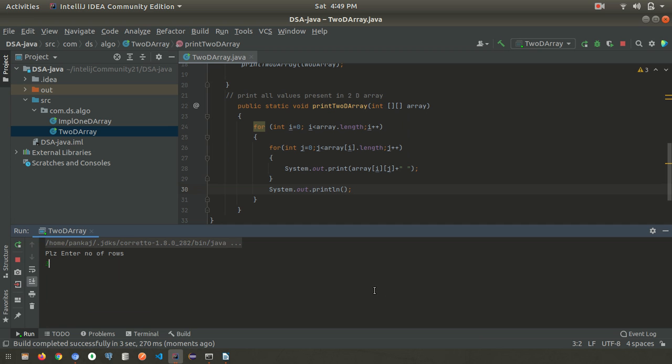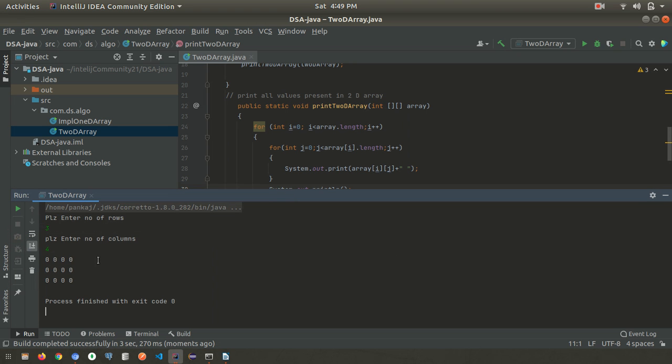This time number of rows is 3 and number of columns is 4. So we have how many rows? 3, so 1, 2, 3, and the columns are 4, 1, 2, 3, 4.